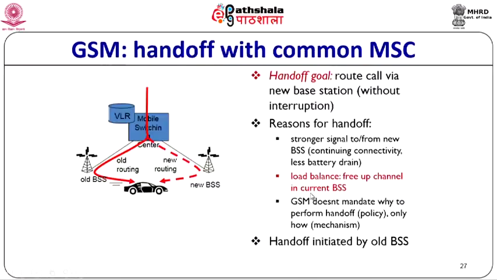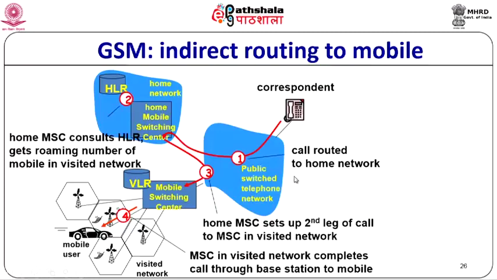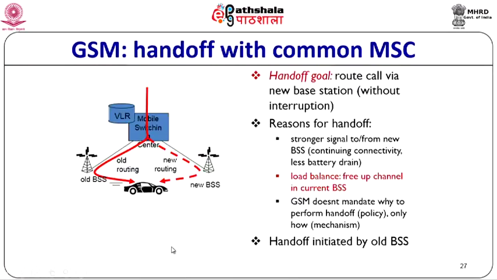So, let us look at how the handoff will take place. This is a very simple example to understand how the routing will be done. Now, let us say he is moving from one network to another. One other thing that needs to be done is the handoff. That is, how do you hand off the call from one base station to another, or from one MSC to another MSC. So, let us look at how that is done. Handoff for instance is very simple.